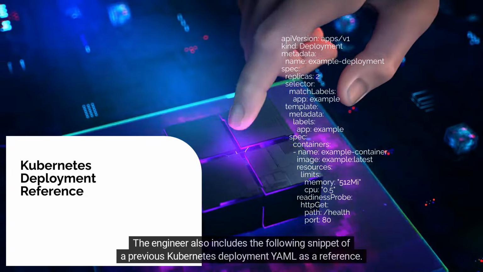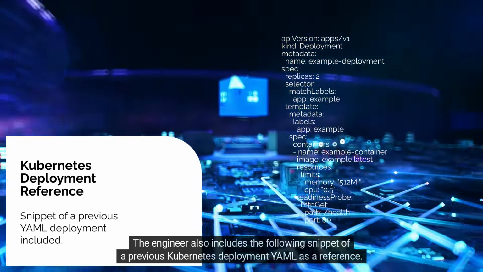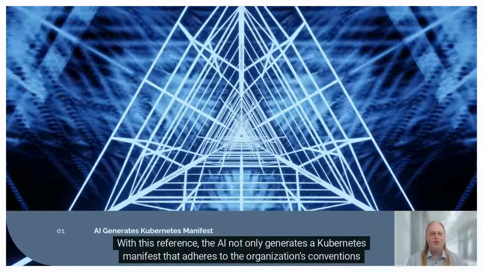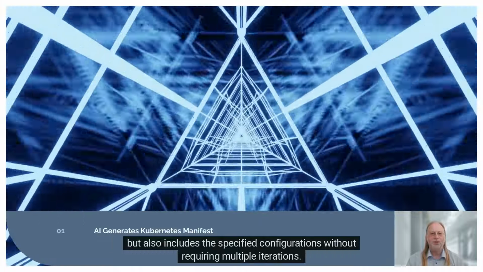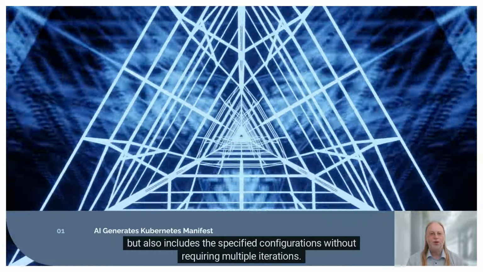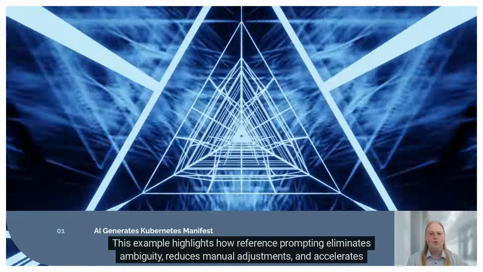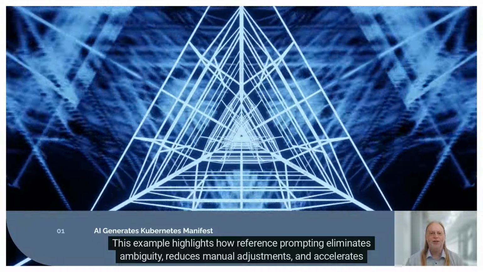The engineer also includes the following snippet of a previous Kubernetes deployment YAML as a reference. With this reference, the AI not only generates a Kubernetes manifest that adheres to the organization's conventions, but also includes the specified configurations without requiring multiple iterations. This example highlights how reference prompting eliminates ambiguity, reduces manual adjustments, and accelerates productivity. However,